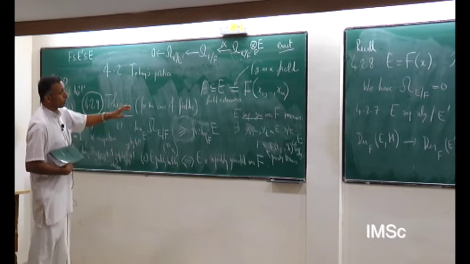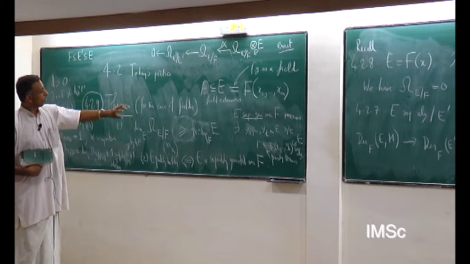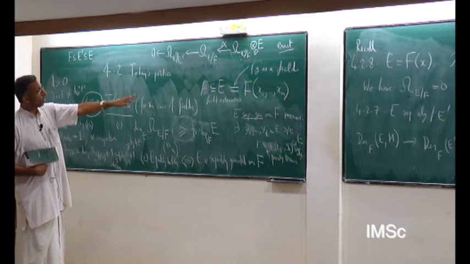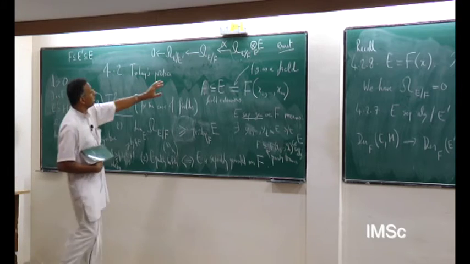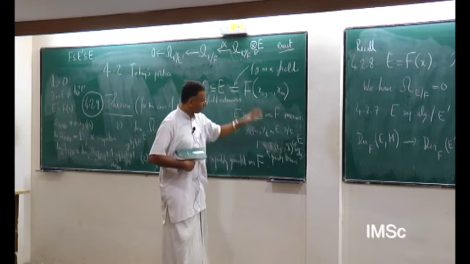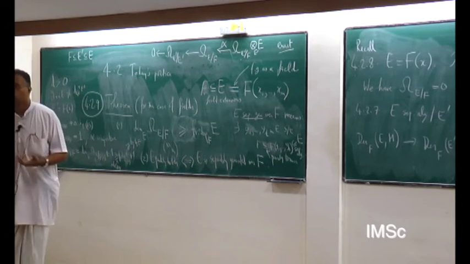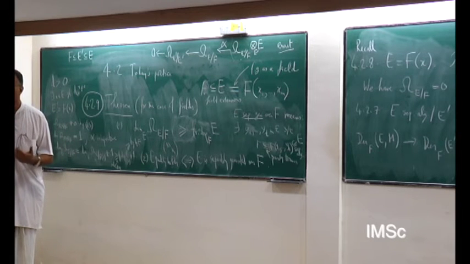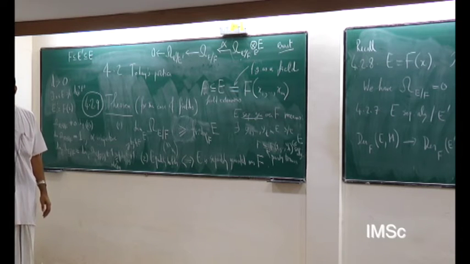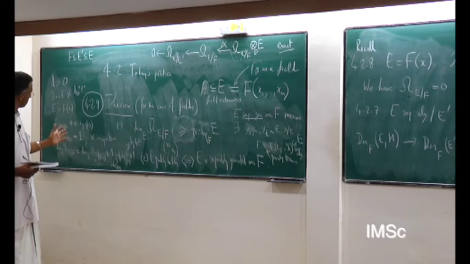So by 4.2.7 and 4.2.8, once again, by 4.2.7, I know that this is an injection. By 4.2.8, I know that this is an isomorphism, and I know the structure of this because that is just a purely transcendental extension. Correct? That's free. Yeah. So that does the theorem.